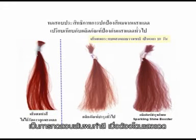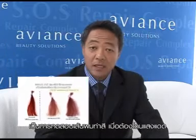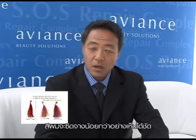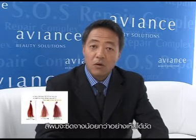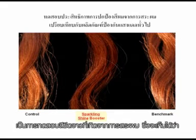This slide shows hair threads treated with hair dye and exposed to sunlight. We can see obviously that the hair treated with Sparkling Shine Booster has less color fading compared to the other. Next slide. This slide shows